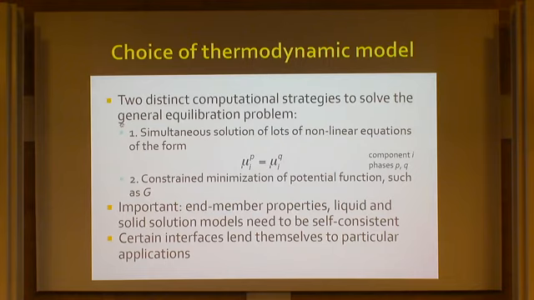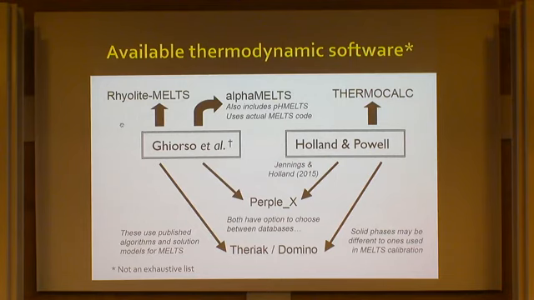There's broadly two approaches amongst available models. It's important that you use the end-member properties, the thermodynamic database as it's known, that goes with the model you're going to use. Each of these models has different interfaces that lend themselves to different physical applications. At least as far as igneous processes go, we have models that are based on the work of